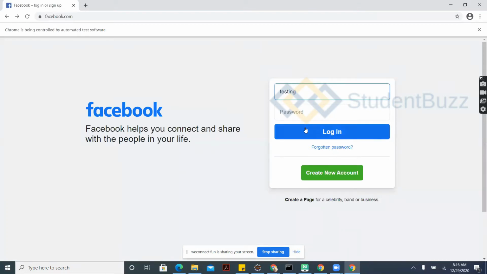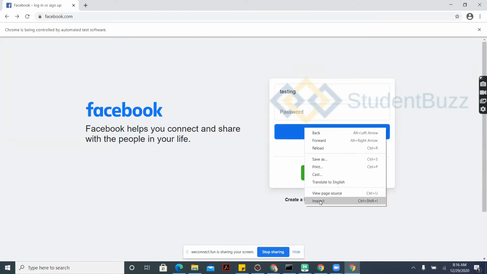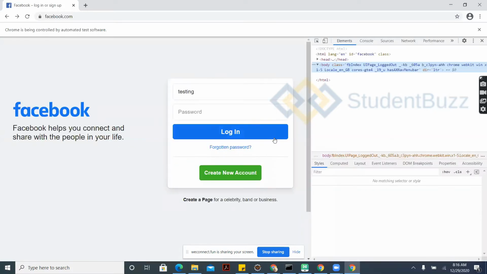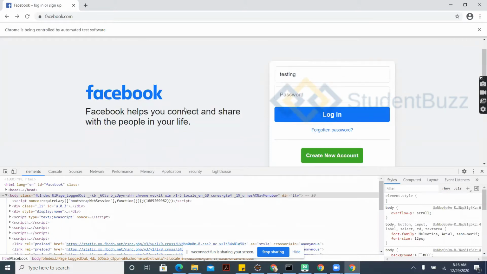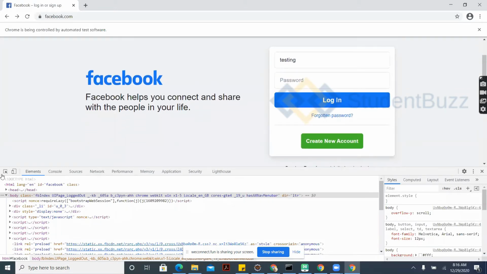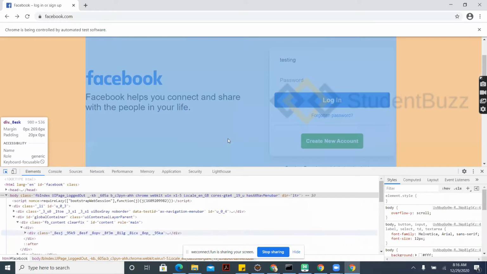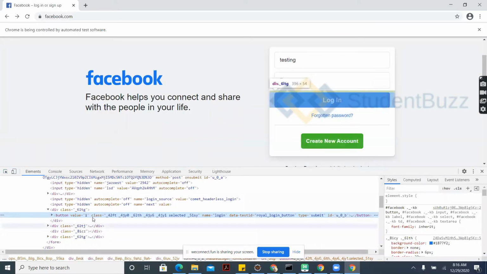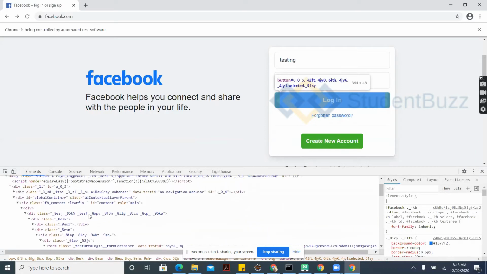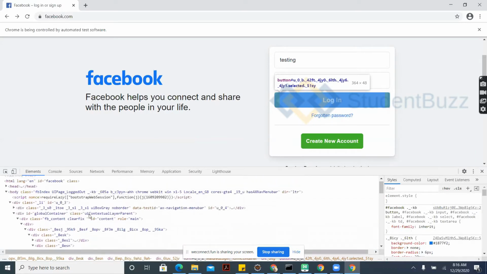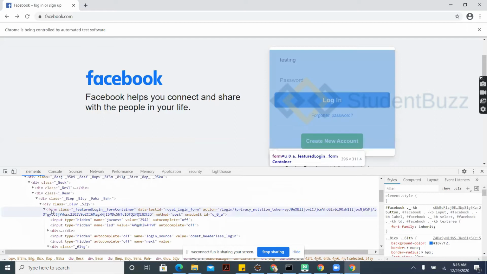So here you can see, let's open or inspect this. You guys can see here, it is not visible here. It is a form.